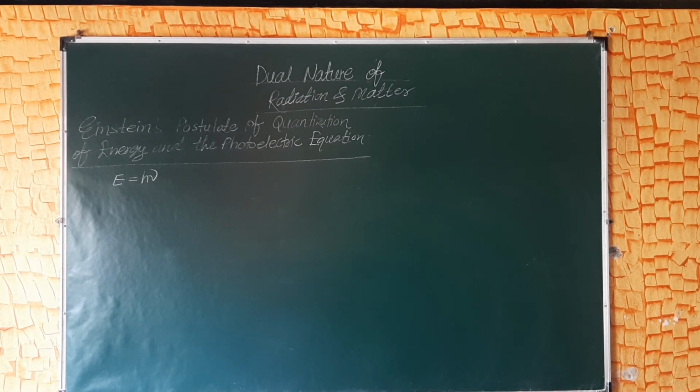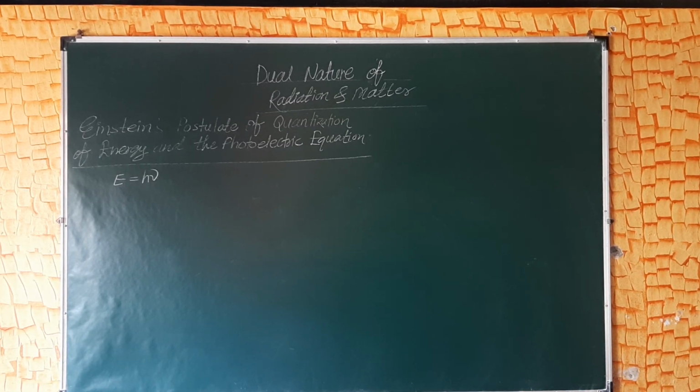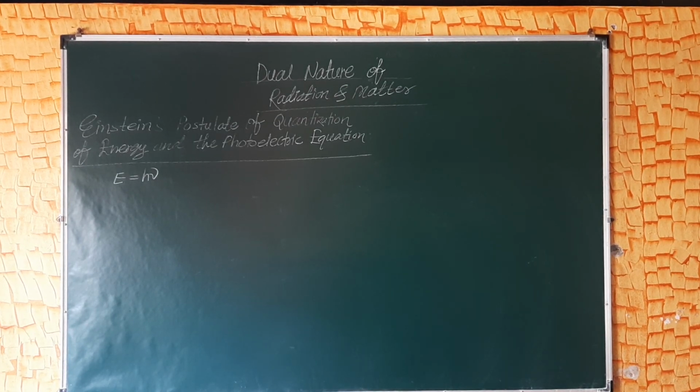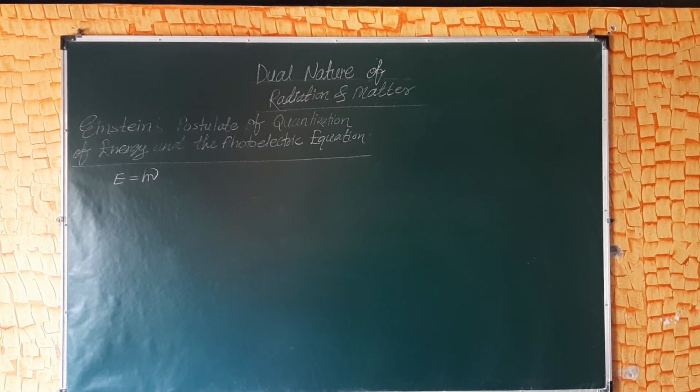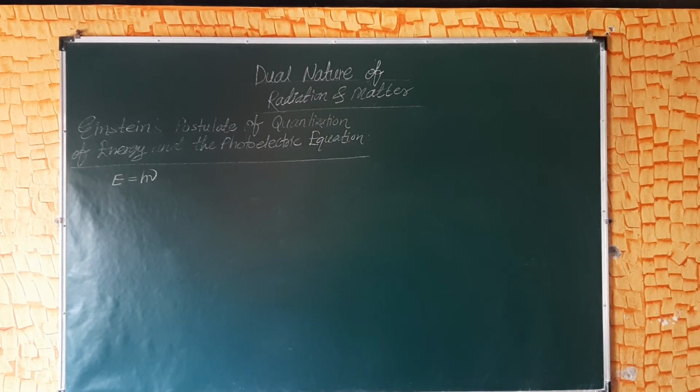So he named the quantum of energy of light as photon with energy E is equal to h nu, where nu is the frequency of light and h is a constant defined by Planck in his model to explain black body radiations. It is now known as Planck's constant and has a value